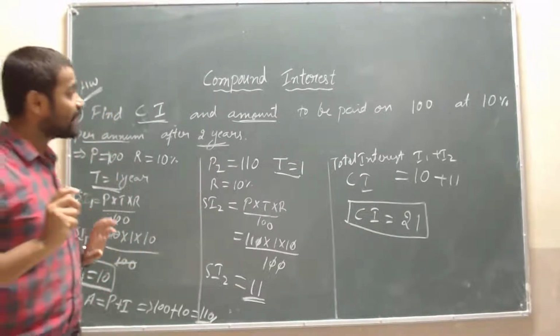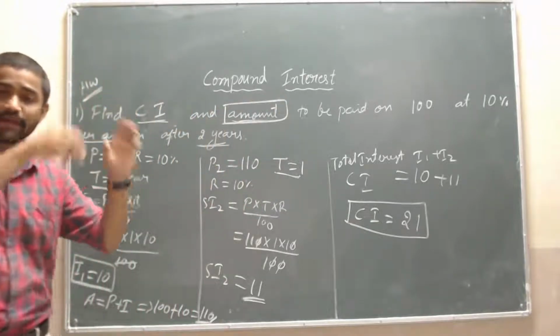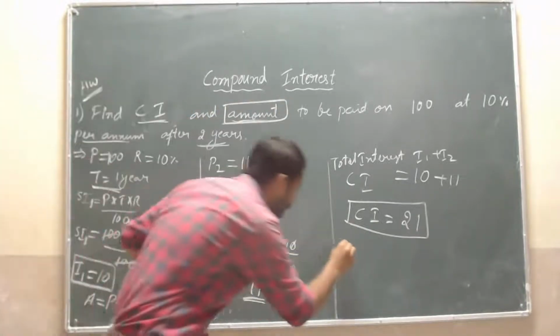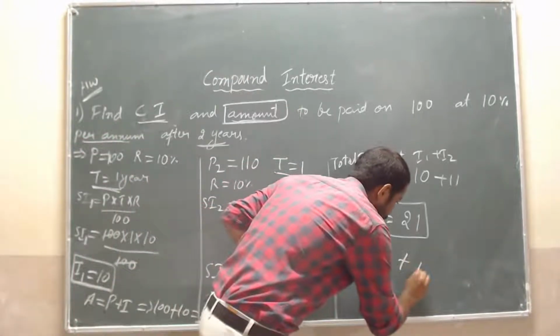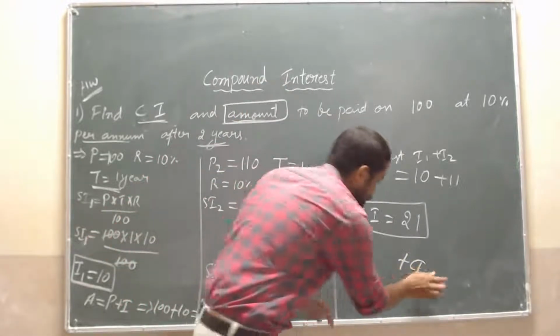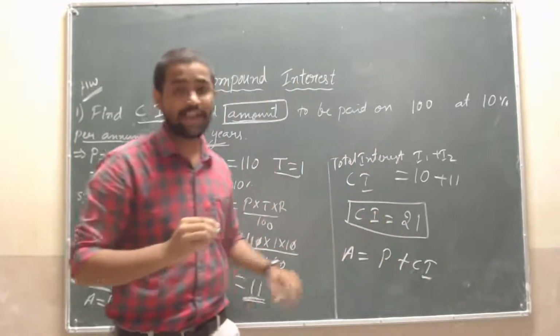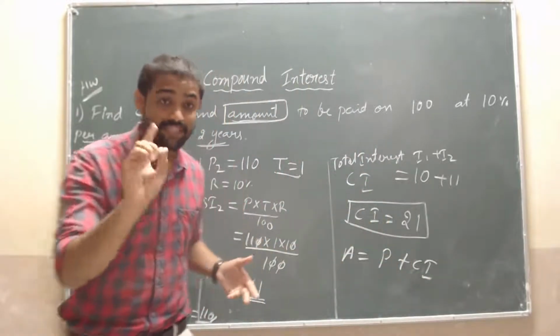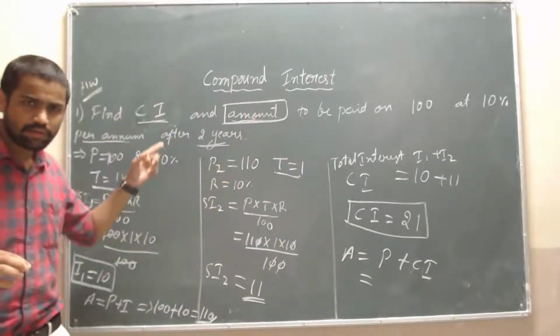Then again here we have to find out amount. Sir, how much amount we have to pay, sir? Sir, simple formula sir. Amount is equal to what sir? Interest. I mean that is compound interest. CI means compound interest, as usual principal amount. Principal amount. The principal amount is extra sir. Principal amount